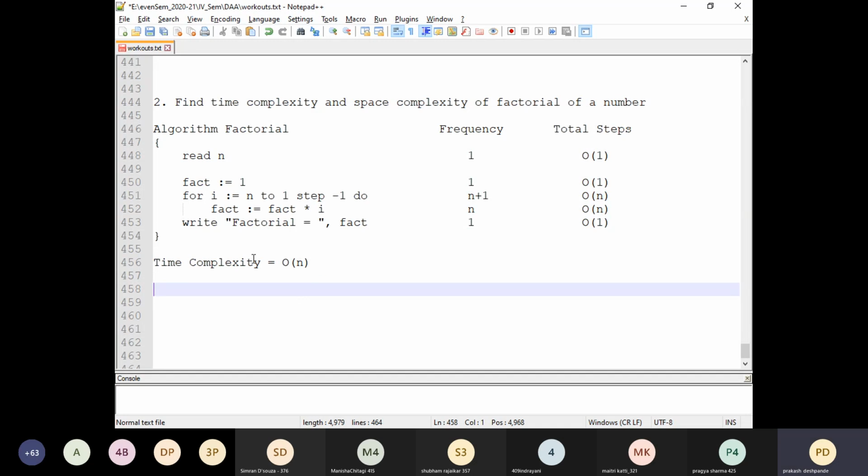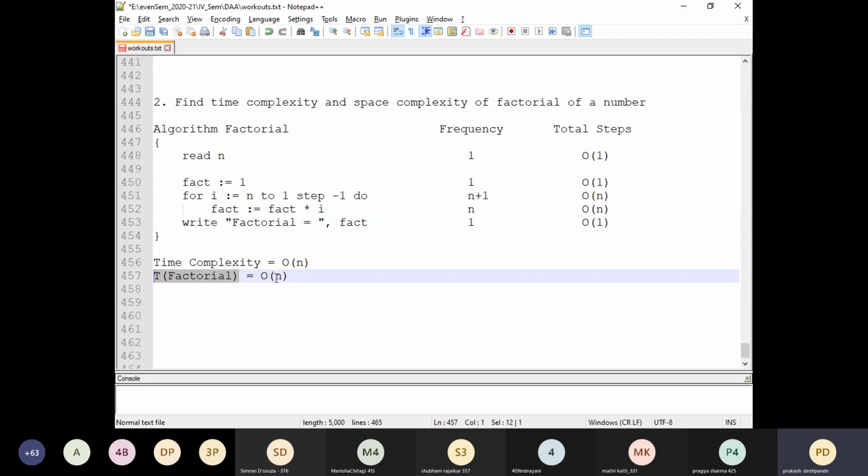There are other methods. The left hand side of this one, we can write it in other ways also. Since it is a time complexity, sometimes we write it as T of, okay, this algorithm is for the factorial, so we may write it as a factorial. This way also we can write. Time complexity of the factorial algorithm is big O of n. This is also one of the methods to represent. There are various notations for the left hand side of this particular equation or the result. Okay. Now, if this is understood, yes.